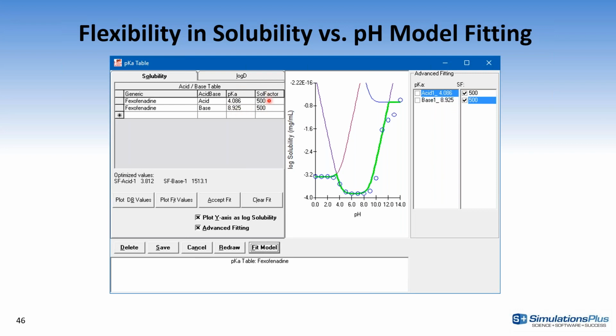Now we've extended this feature where you can select and tell the program exactly which parameters you want to fit and which parameters you want to keep constant, because you have actually measured them. So you will have more flexibility and can get an easier match to the observed data.